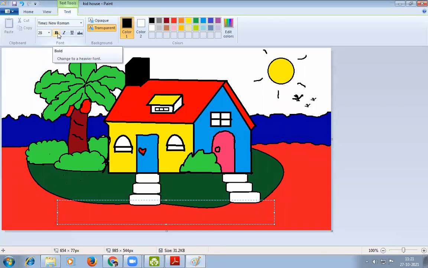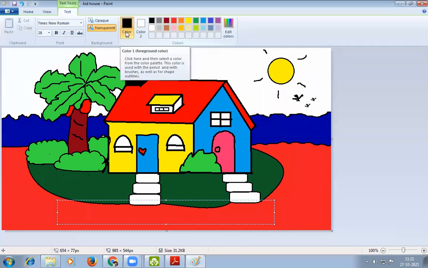Then there is a bold option, there is an italicize option, and there is an underline option already given here. So let's start. I have already told you, we are going to write the text in green. That's why we have to choose color 1, then click on green. So here you can see that the black color changes to green color.